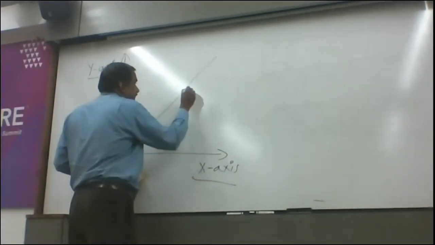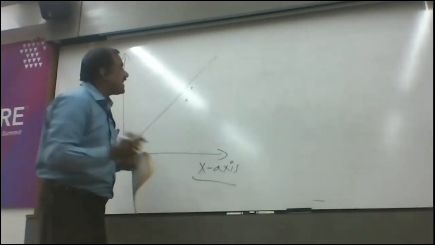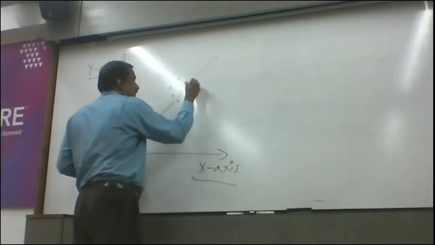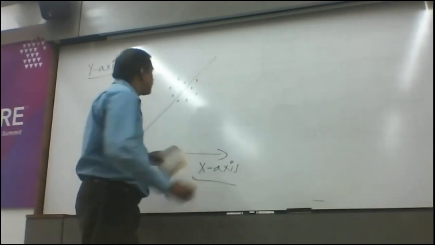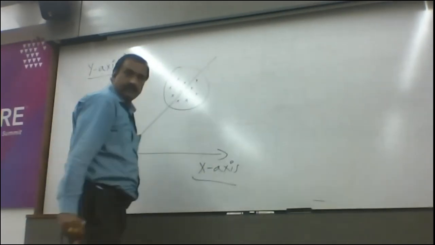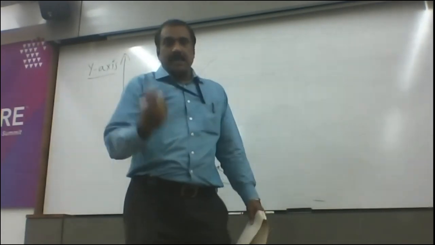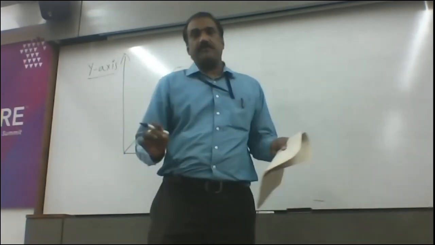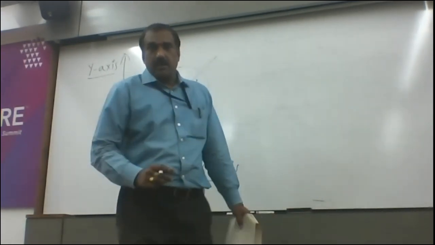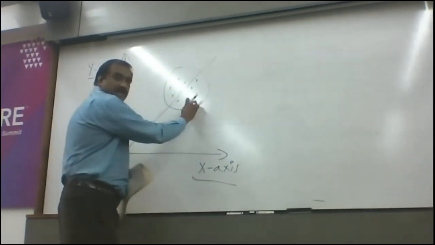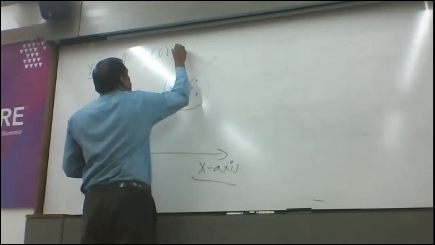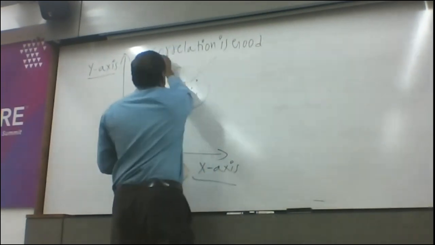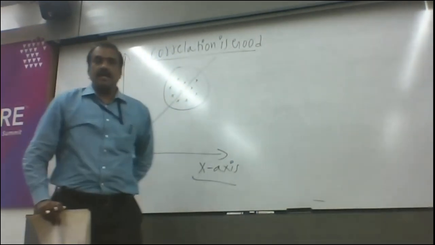So if you see, when the data is plotted like this, when there is exactly matching, when the points are coming closer like this, when there is the same opinion, points are going to come closer. When there is a difference of opinion, the points are scattered, deviated. So when the points are matching like this, you can say correlation is good.